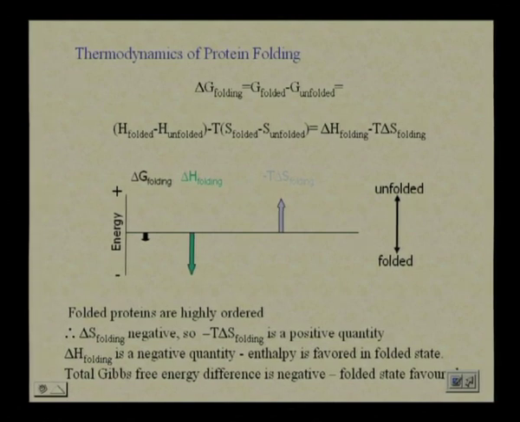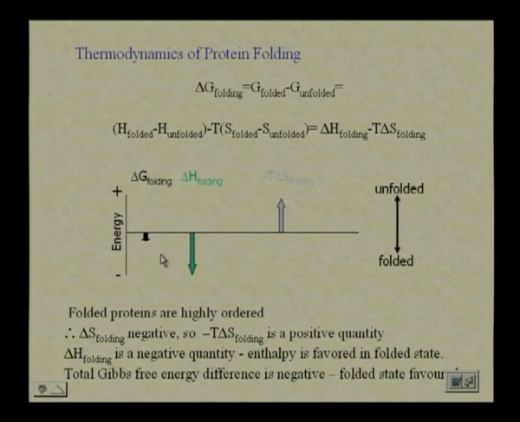But for most of the cases in the folded protein, I am going to have a large number of interactions contribute to the enthalpy. And it is this multitude of interactions which makes this a high negative number. So, these more or less compensate one another and I eventually have a favorable delta G of